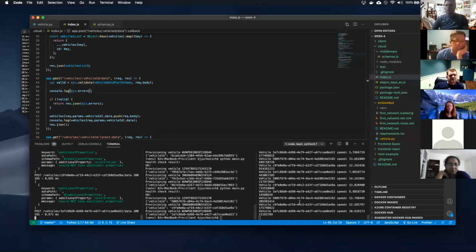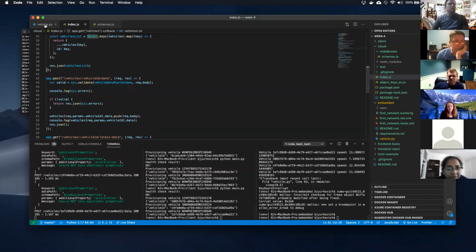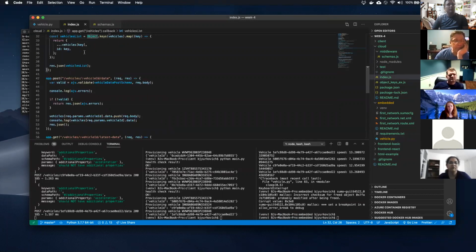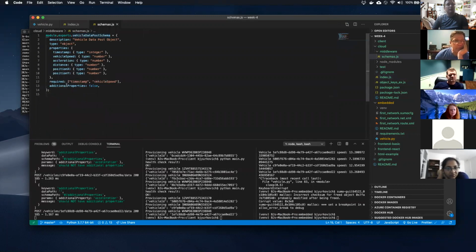And why was it that we expect that? Well, because we're trying to send this, something crappy, right? My bad data or whatever. So that's what we're trying to send. What we've done here is we're validating the req body against this vehicle data post schema, and we're not allowing additional properties other than these things.